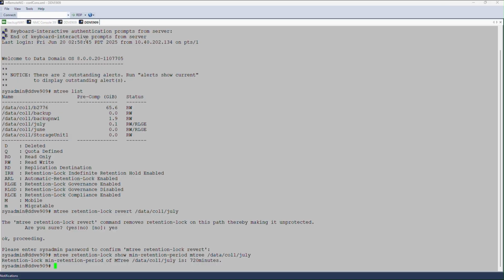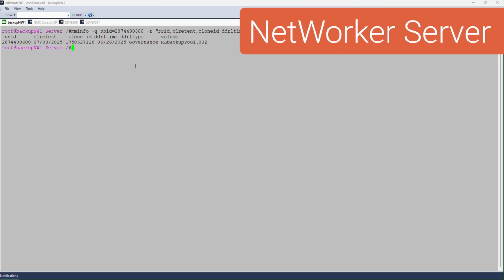Using mtree retention lock show min retention period on the data domain, we can see what the min retention period for this mtree is. Here we can see it's 720 minutes. This will define the minimum time in the future that we can set the retention lock to after it has been reverted. Using the